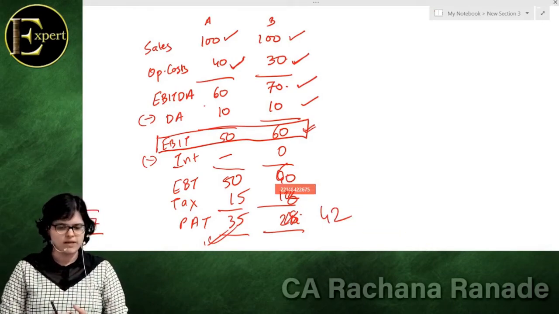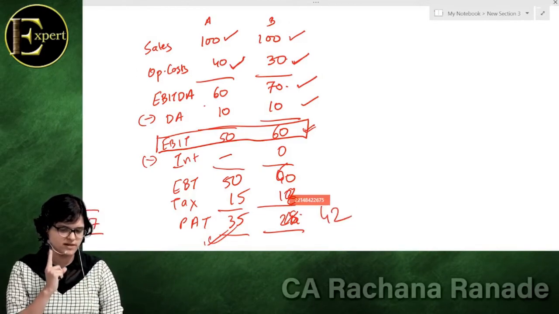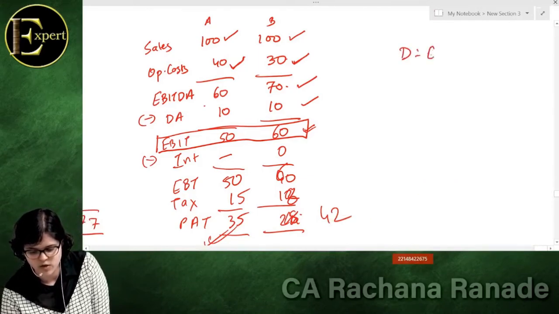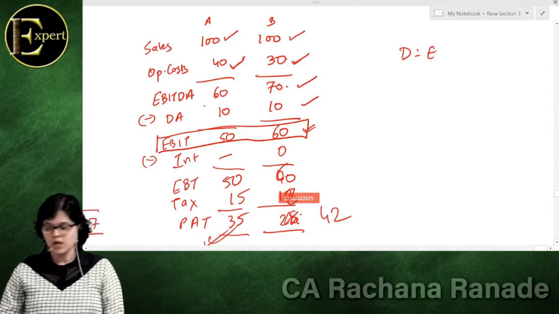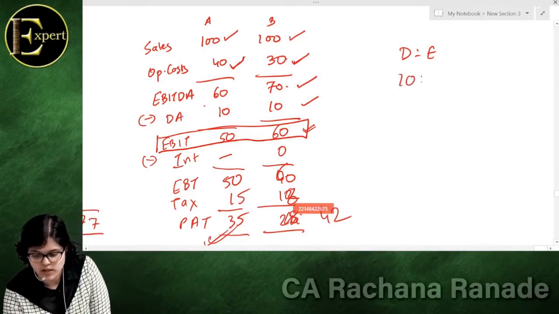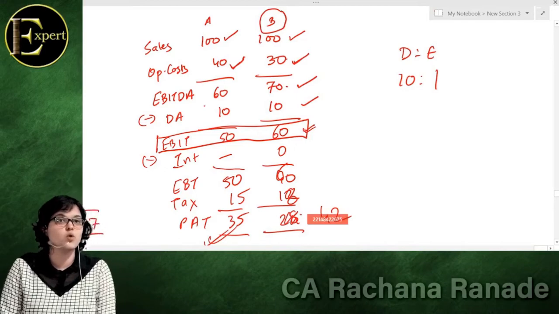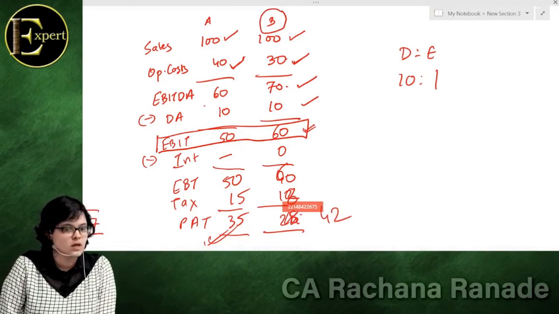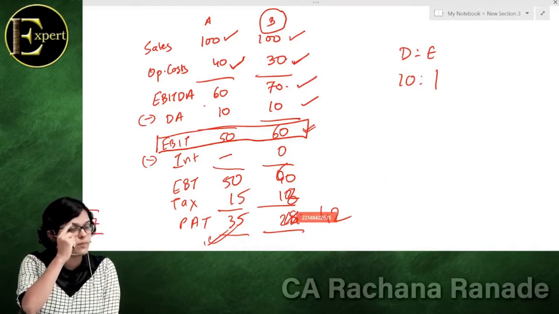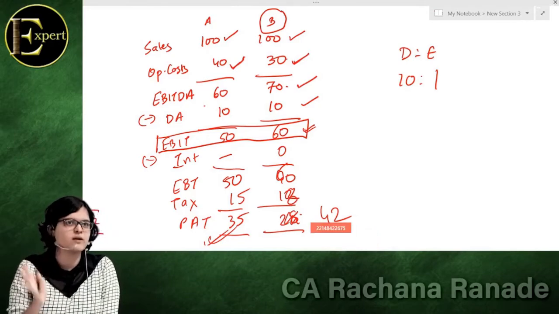Okay. But can we check this as a standalone, or is there one more important ratio that we should check before deciding that B is good or bad? And what is the important ratio? If you remember, we have discussed the debt to equity ratio. If for B, the debt to equity ratio is, let us say, 10:1, should I even think about B? No, it is overburdened with debt. What happens, understand, the moment your top line is affected, top line meaning sales, the moment your sales is affected, the entire pillar tumbles.